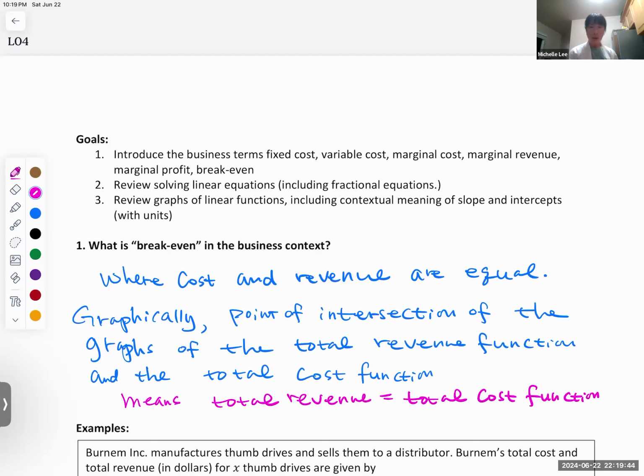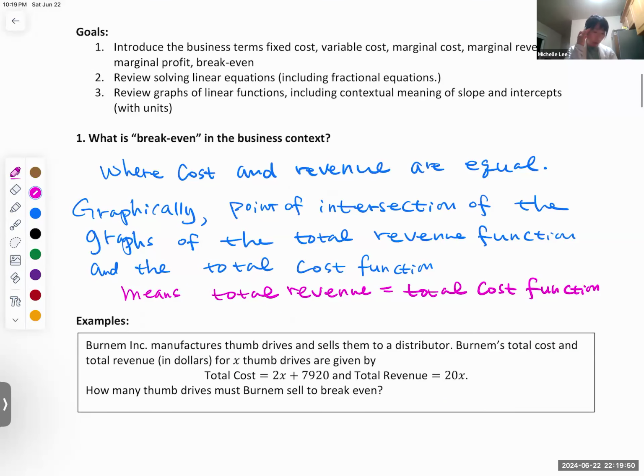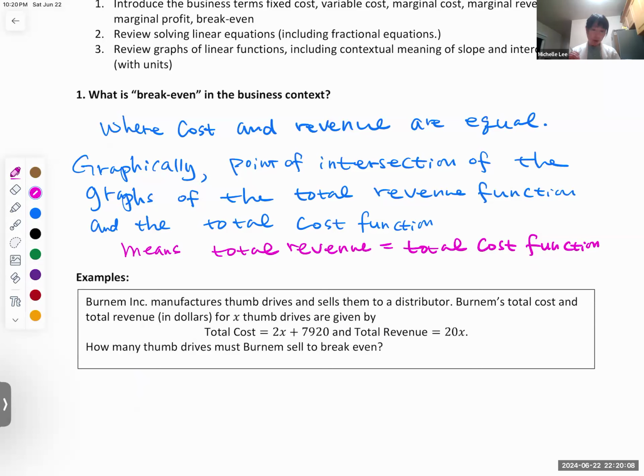Okay, so we have an example here. The Burnham company makes thumb drives and sells them to distributors. Burnham's total cost and total revenue in dollars for x thumb drives are given by total cost 2x plus 7,920 and total revenue is 20x. How many thumb drives must Burnham sell to break even, right? So break even,